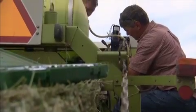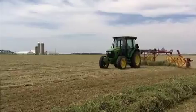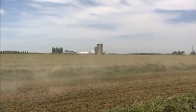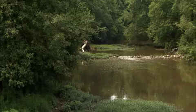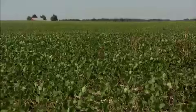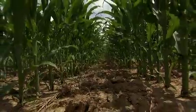Like most farmers, the Wuebkers seek to use the land to make a living producing safe, high-quality food today, while also preserving or even improving the land for future generations. We practice the ethic of protecting our natural resources here through the Wuebker program, of the whole farm concept of looking at what we put on the land and how it can affect the land or the water, from the fertilizers and the crop protectants that we use on our crop acres, the types of sprayers that we use that